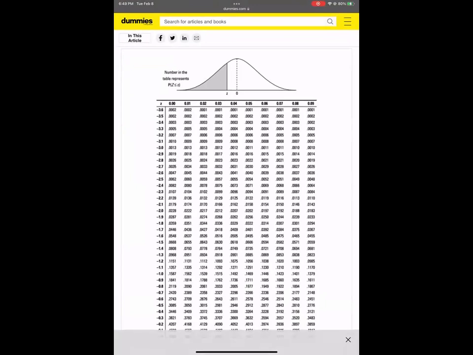So this is a typical Z table. If you look on top, you see a basic Gaussian shape, a basic normal distribution shape. Look in the very center. What is the mean according to this shape? 0. Okay, and they call it Z. So without even telling me that sigma is 1, I know sigma is 1. And if I want the probability that I end up with a data point less than or equal to a specific number Z,